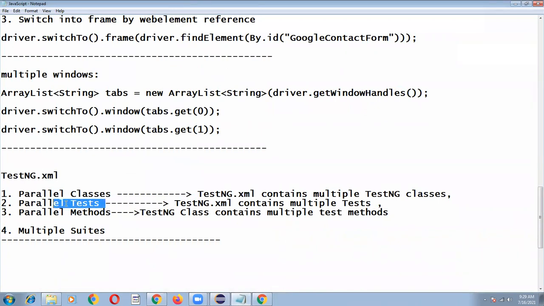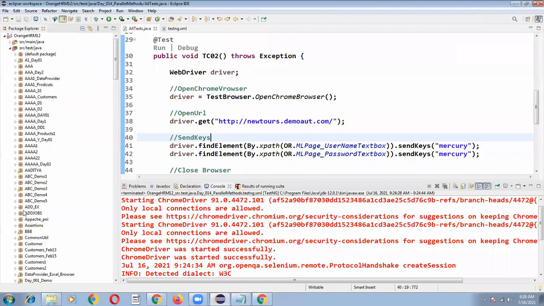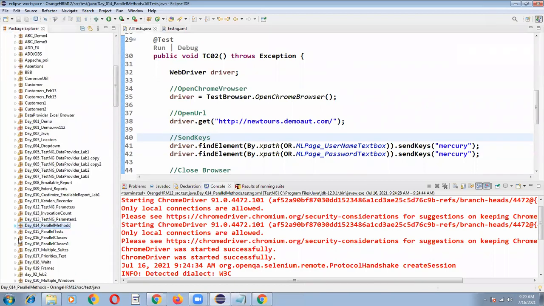Okay. Suppose who said parallel tests? Why is it parallel tests? What is the advantage? Understood? So parallel tests also, and why can't I go with parallel classes? Parallel classes is the simplest one. Why? You no need to amend any of the coding part.